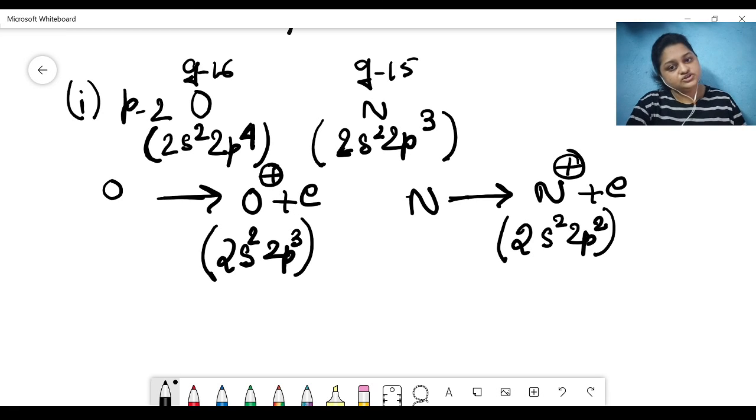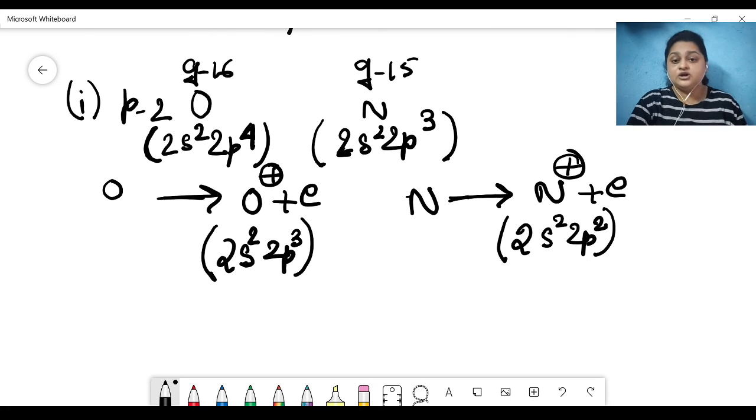Hence, lower energy is required for the removal of the first electron from the neutral oxygen atom, resulting in a lower ionization enthalpy compared to nitrogen. What is happening for nitrogen